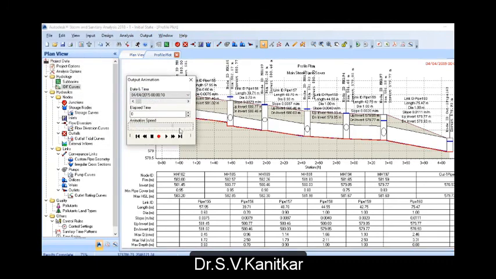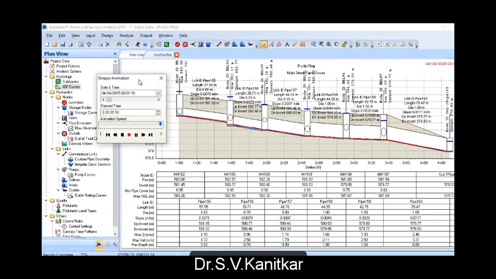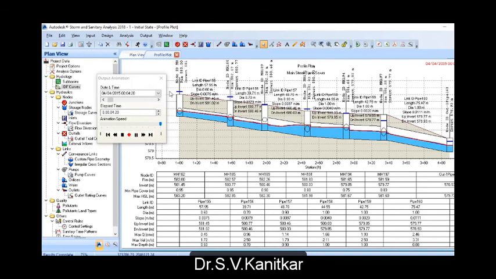So I'll slightly increase the animation speed, and over a duration of about 2 hours, which I already set, you can see over here how the hydraulic grade line is going to vary. So it simulates the flow and also shows you where there will be flooding or surcharge for a 1 in 20-year return period.